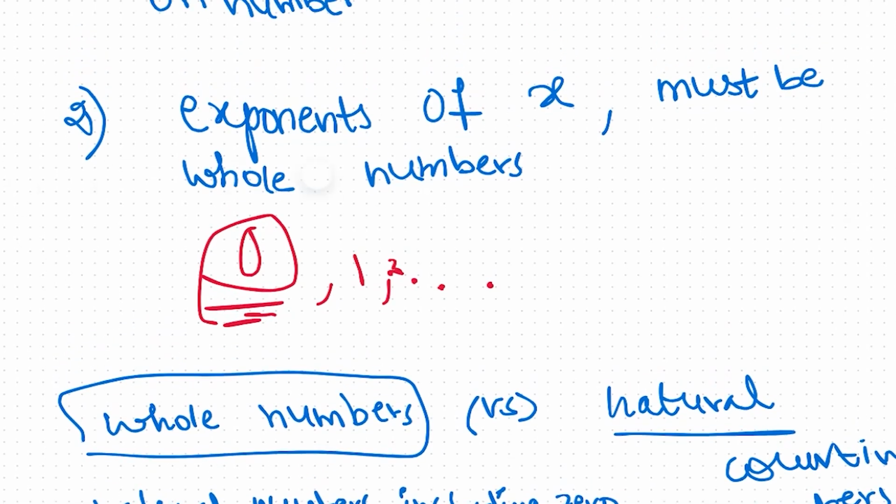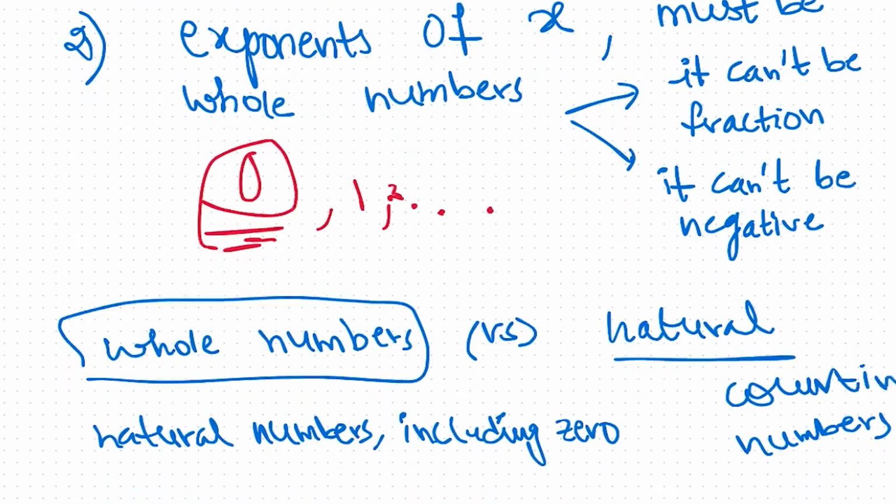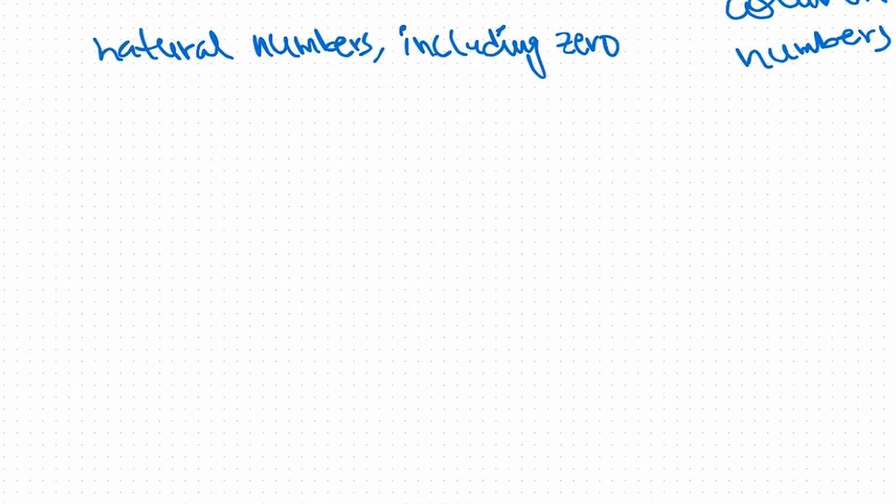So the condition is exponents of x in the expression should all be whole numbers. These are the two conditions. Whole numbers means the exponent cannot be a fraction, and the exponent cannot be below 0, meaning negative. So two things. Let us do some questions to identify